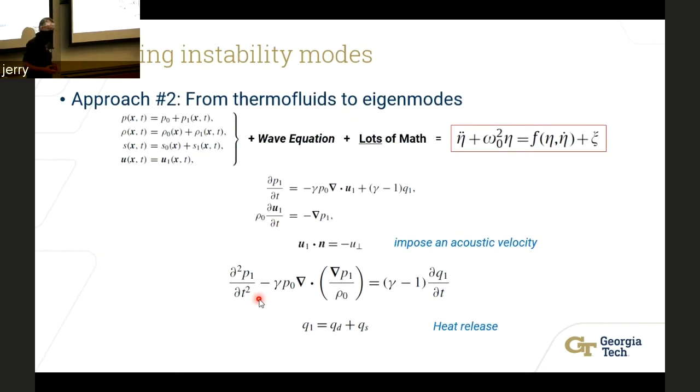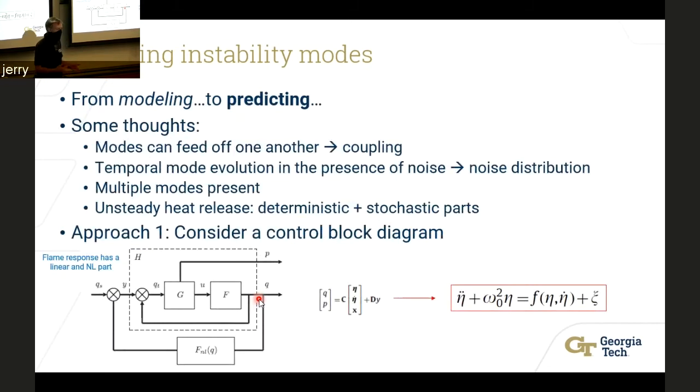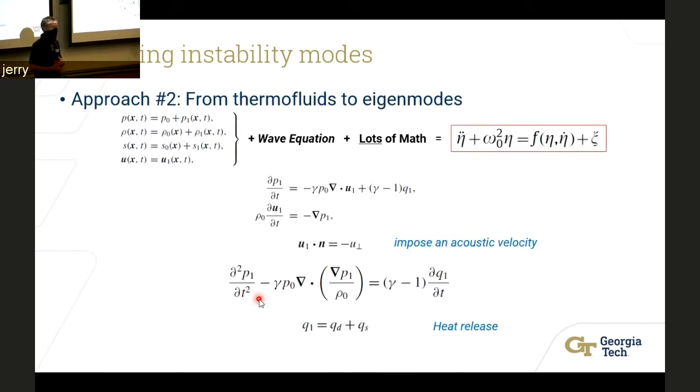Before I go in more to that, I want to touch on the second approach, which I still find a little bit more useful because it goes back to the actual thermodynamics and fluid mechanics happening. If you start with your state variables and you add an unsteady time-dependent term, and then you apply it to a wave equation, which is basically our way of evolving these states over time, and you use lots and lots of math, I cannot stress that enough, then you are able to boil down the modes and how they develop over time. And so you get to the same place from these two different approaches. There are some differences, but in the end, it's essentially the same. And I still gravitate towards this because I think it's a little bit more tangible.